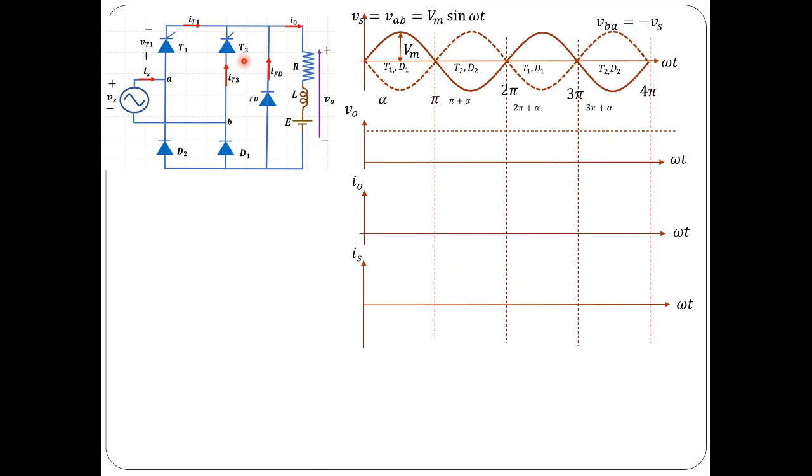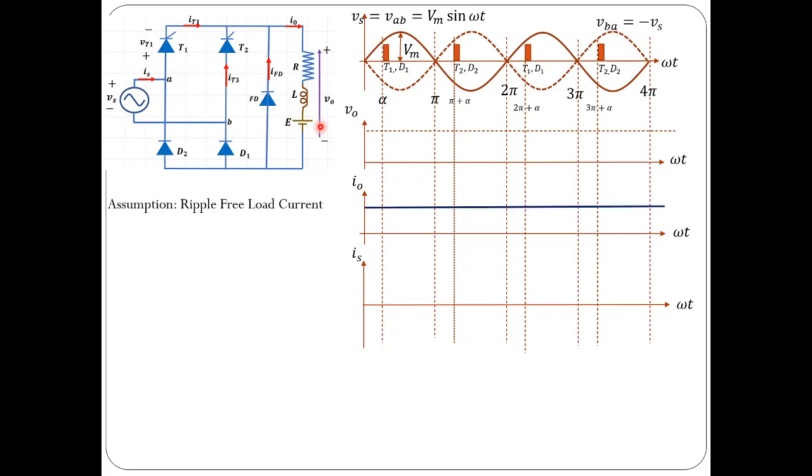Now let me assume that thyristors 1 and 2 are fired at alpha and pi plus alpha respectively. So gate pulses are given for T1 and T2 at alpha and pi plus alpha respectively, and of course, the same gating pattern is followed for the next coming cycles also. So T1 is fired at 2 pi plus alpha and T2 is fired at 3 pi plus alpha, and so on. So I have considered 2 cycles of the input voltage waveform in order to explain the operation of single phase semi-converter.